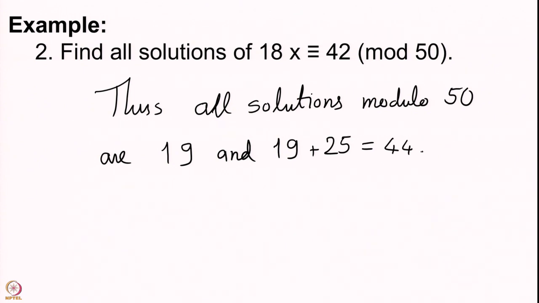So, we had in our algorithm 3 steps. The first step was to check whether the GCD divided the constant term, which is b. The second step was then to cancel out the GCD. So, you would be left with a prime x congruent to b prime modulo n prime. The third step was to try to cancel out common terms from a prime and b prime.